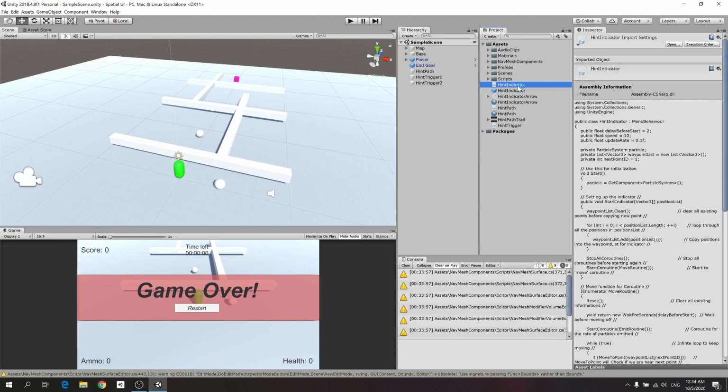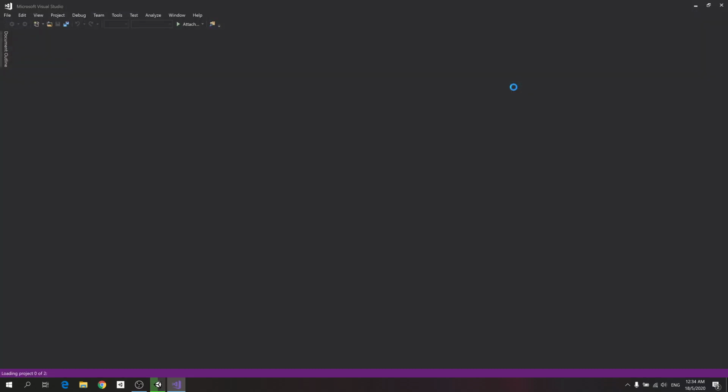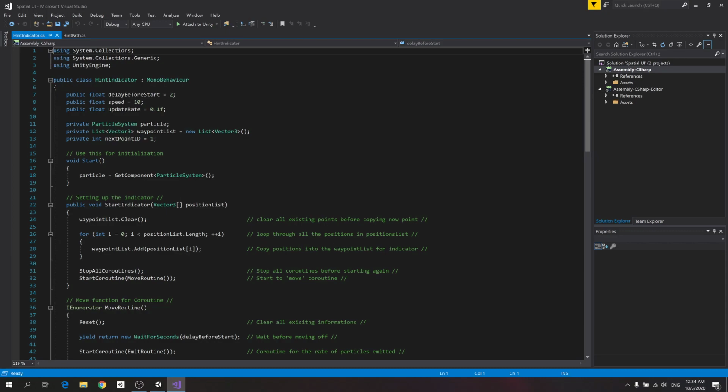Okay, so let's fire up the script. In the script itself, there are a few variables that you can tweak, such as the delay before it starts. It's like when this object is created, how long before it starts moving. In this case, it's 2 seconds, as well as how fast it moves and